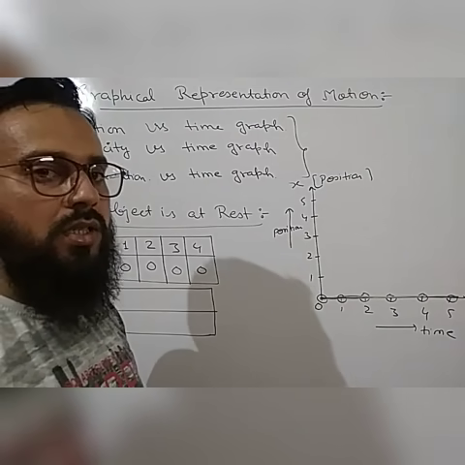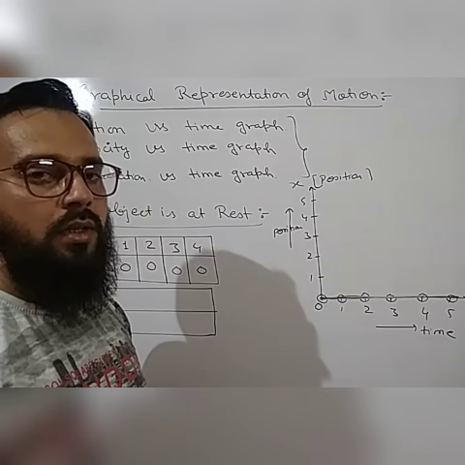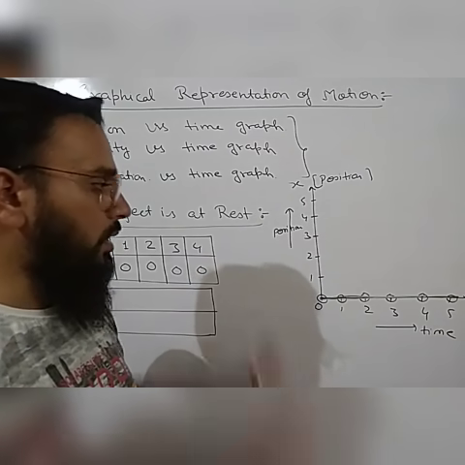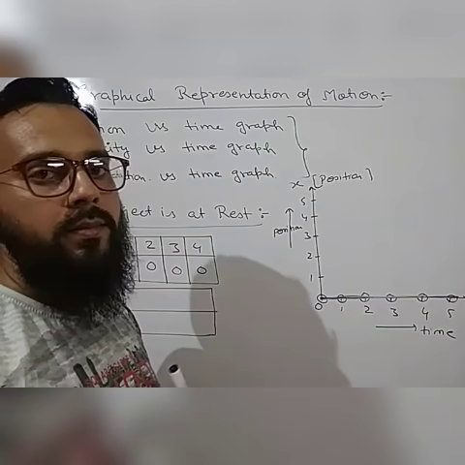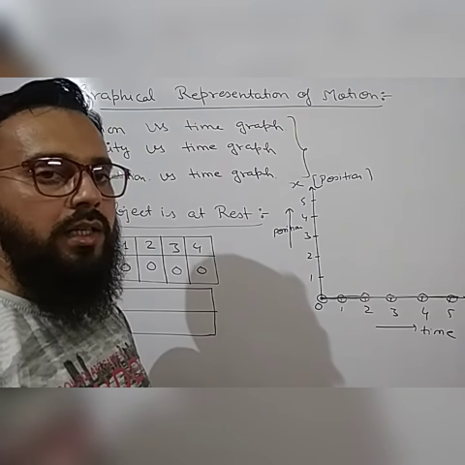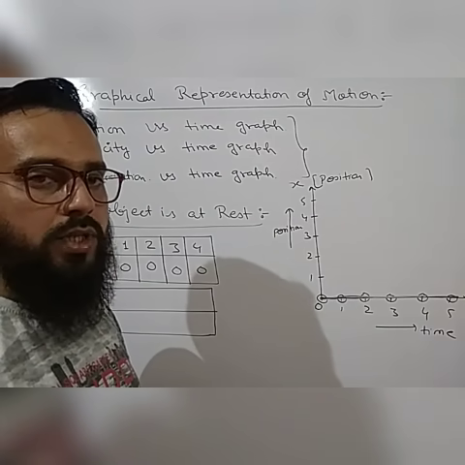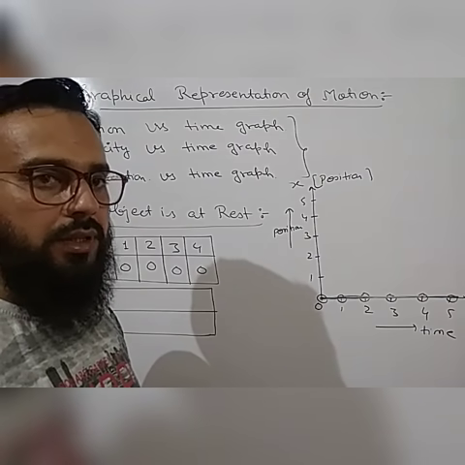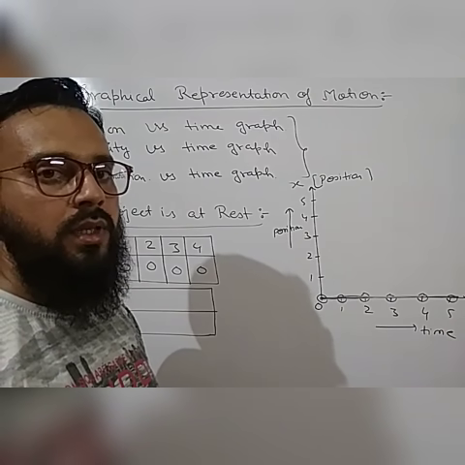So from the board, my distance is 10 meter. Now the time starts. T is equal to 0, I am standing here, and my distance is 10 meter. After 1 second, I am standing here, my distance is 10. After 2 seconds, my distance is the same. After 3 seconds, the distance is the same.